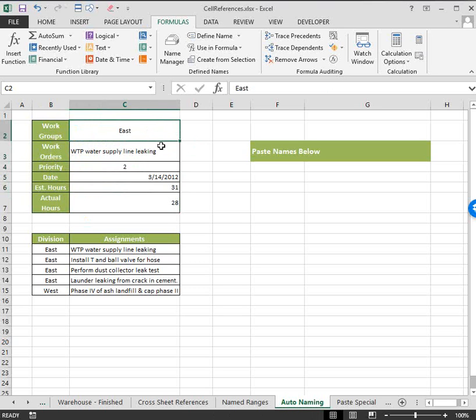Now I could go in and name these things by hand, calling this one work groups, and this one work orders, and this one priority, and so on. But when I have a situation like this, I can have Excel do the naming for me automatically. I'm going to select the whole area of this table, including the labels. Then I'm going to come up to the Formulas tab,